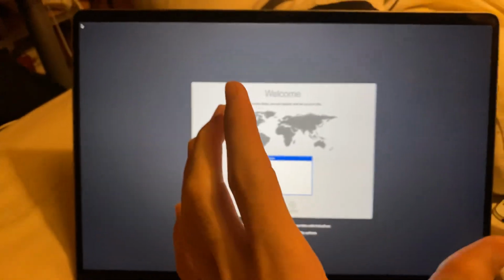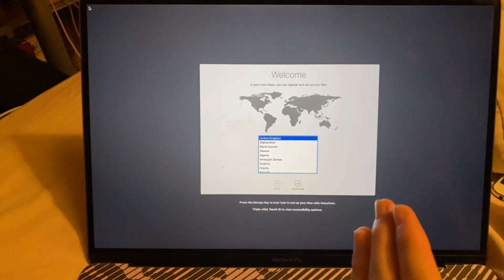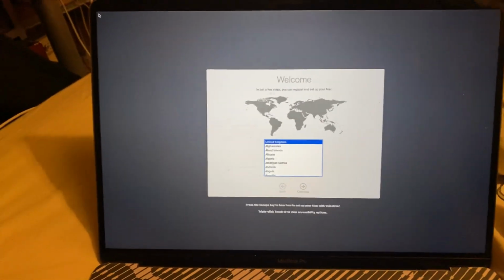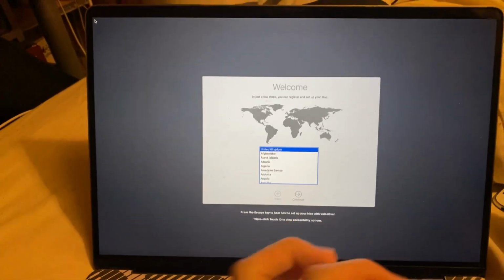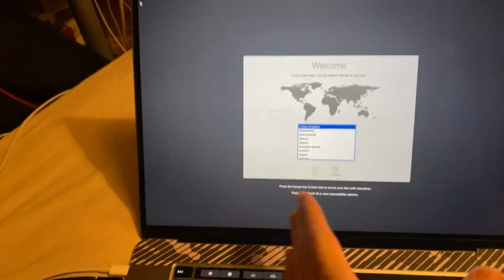Welcome everyone. I want to go ahead and show you how to easily downgrade macOS Big Sur back to macOS Catalina. So this process is insanely easy. Let's get started. So the first thing you will need to know is you will lose your data, which means